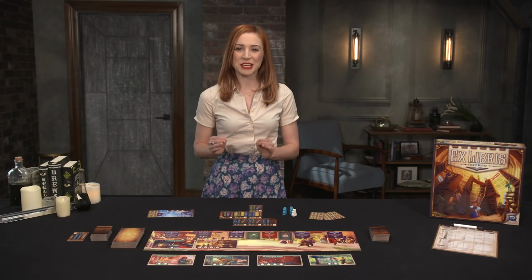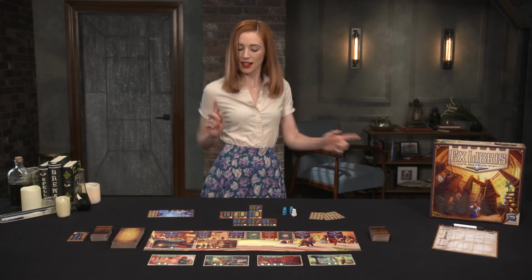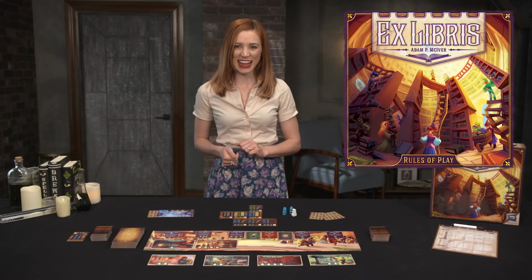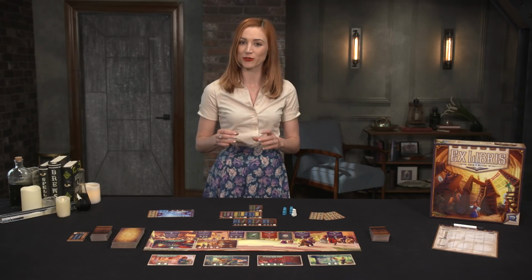We're trading tomes and banning books. That's right, it's Ex Libris from Renegade Games. This book broker bonanza pits 1 to 4 players against each other in a competition to become the Grand Librarian